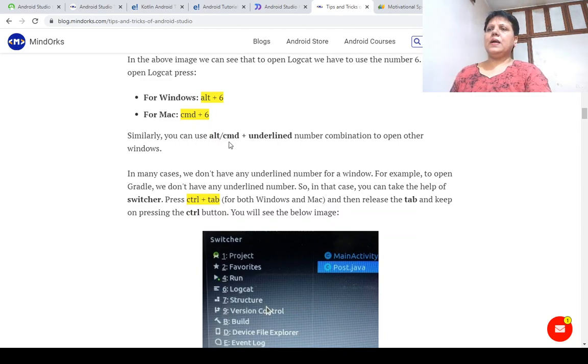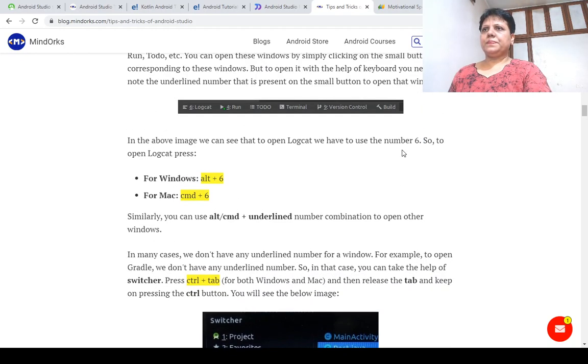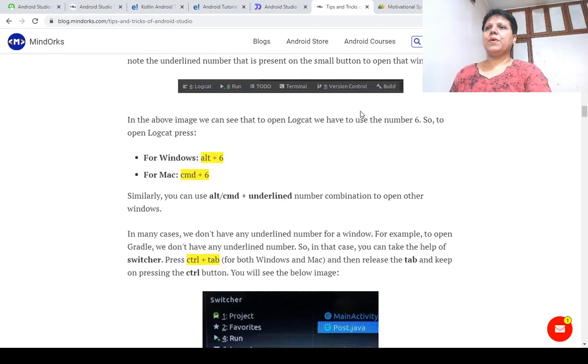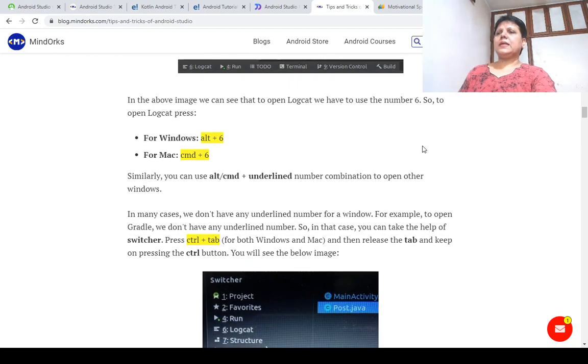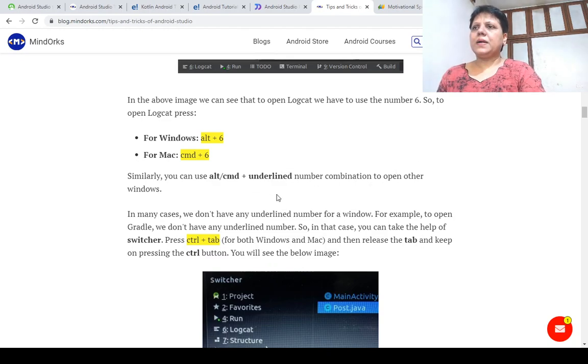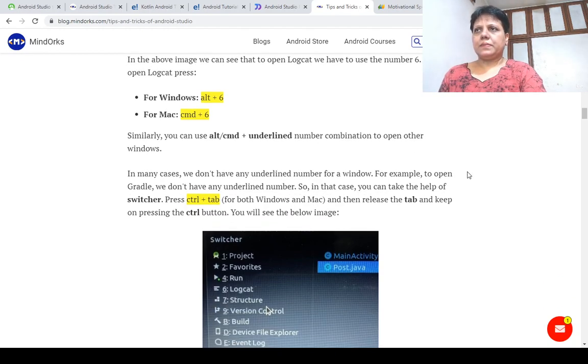Similarly, you can use the Alt plus underlined number combination to open other windows. For example, 6 is Logcat, 4 is Run, 9 is Version Control. Whatever number is with the symbol, you can use it directly with Alt and that number.